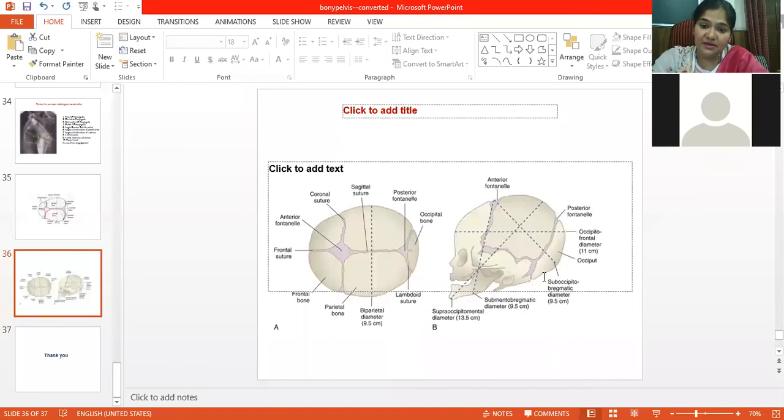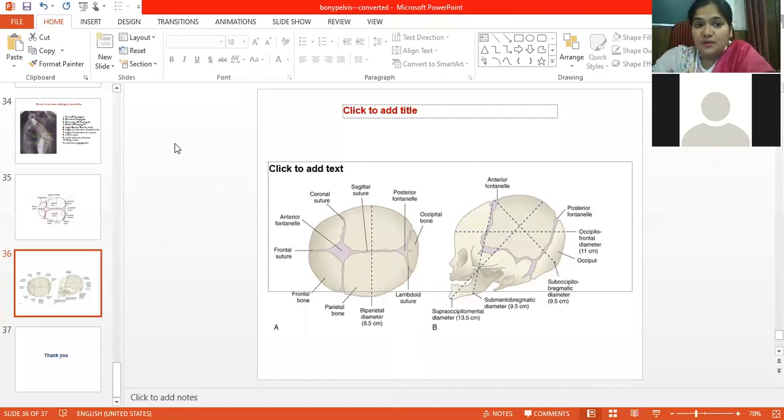So in exams, you will be asked what the diameter of engagement is. There are two types of diameters of engagement. One is the diameter of engagement for the fetal head. For vertex, it is suboccipitobregmatic. And another is in which diameter of the pelvic inlet it engages. Okay, so that we'll see when we discuss normal labor.